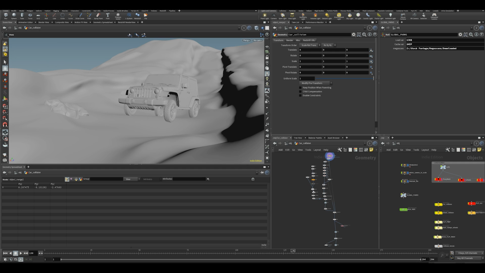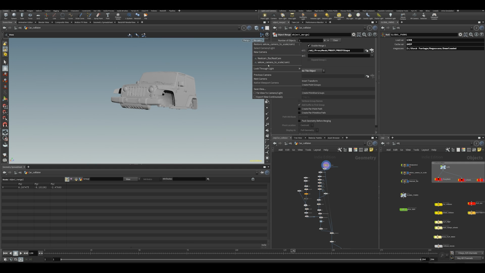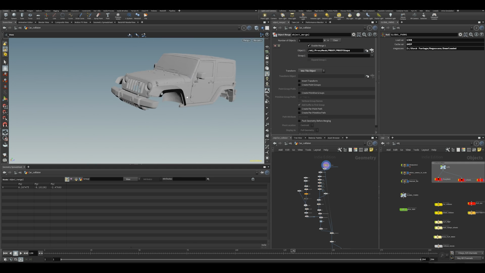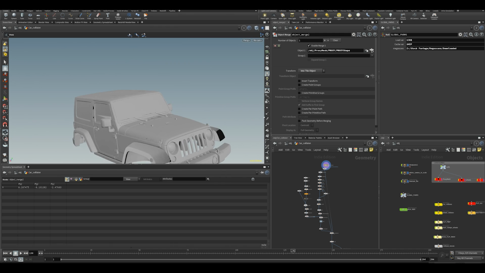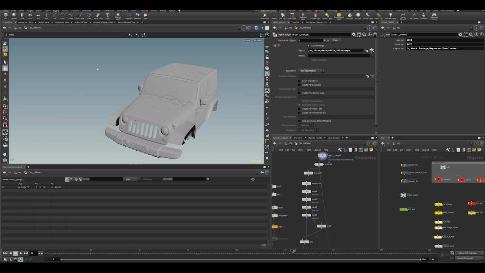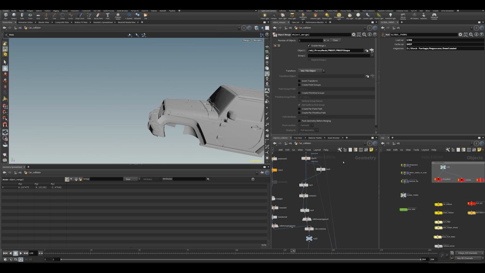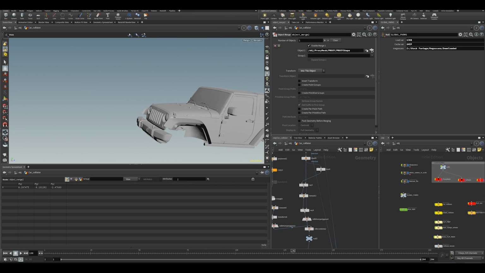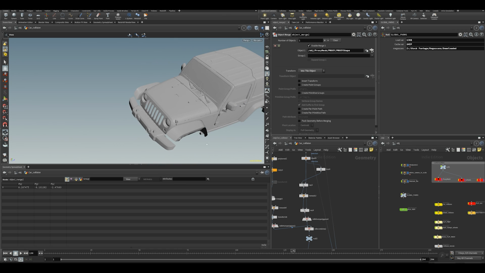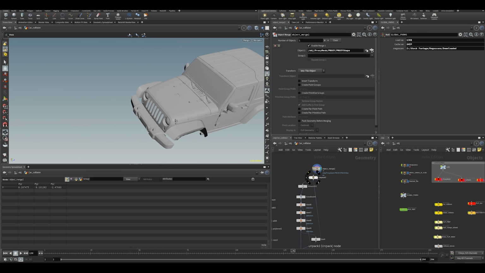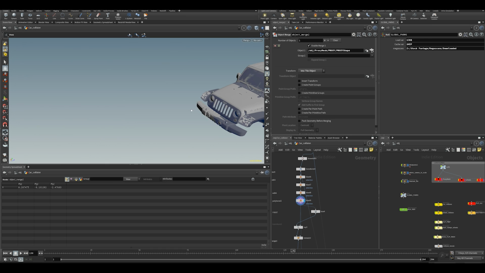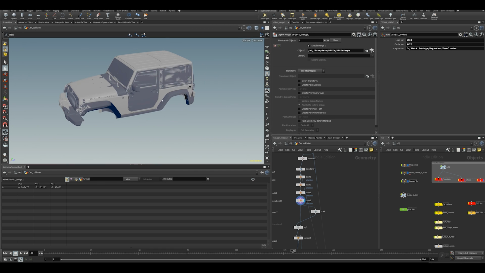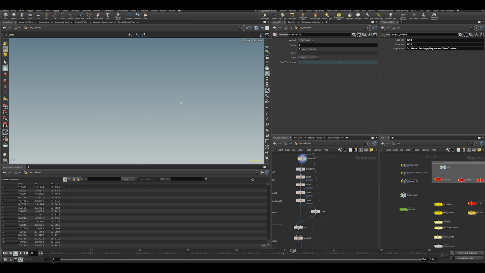Alright, so first let's just dive into the car collision. So what I have here is, because we need to make collision geometry for the car, obviously. And Flip uses volume collision, so I cannot just throw this in, because that won't work. So basically what I'm doing here is I'm just unpacking this thing and blasting away some stuff. And I'm first time shifting it here, obviously,